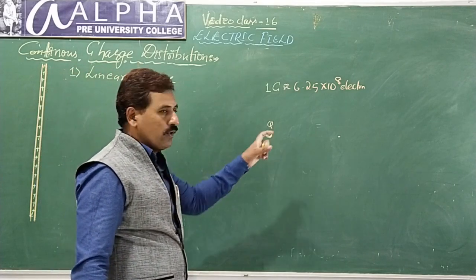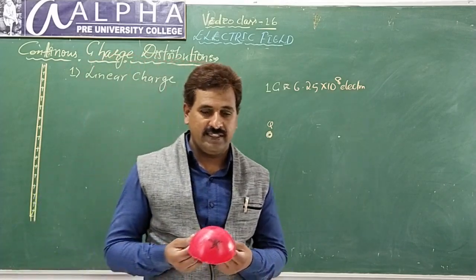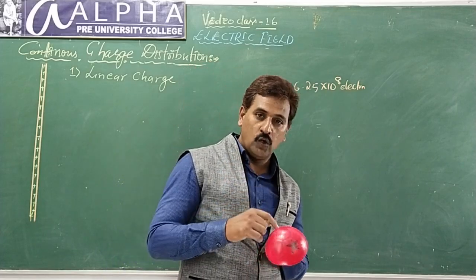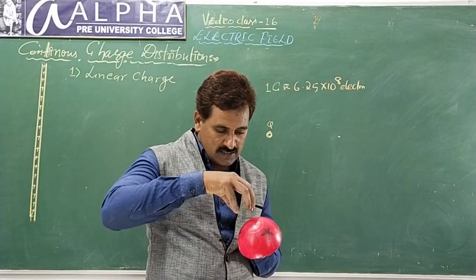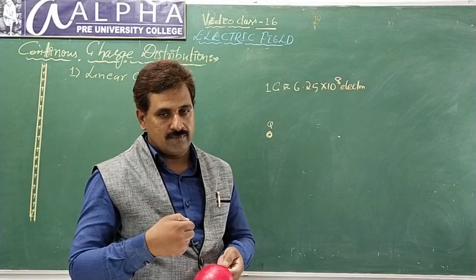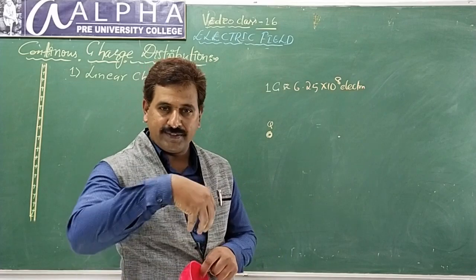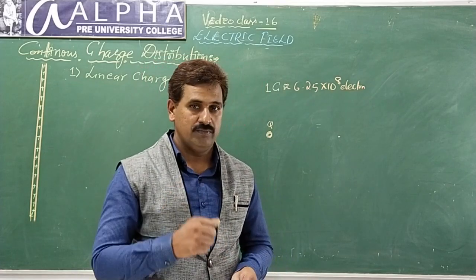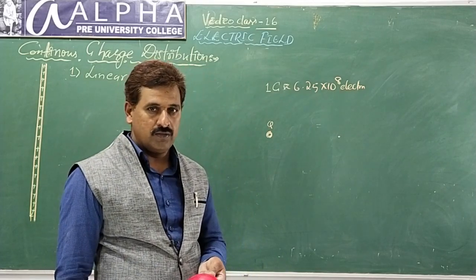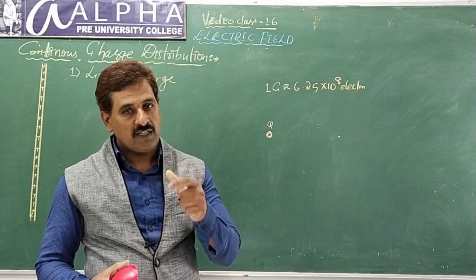If you put the same 1 Coulomb charge on the surface of a conductor, say a spherical metal ball, the conductor allows charges to flow. So the charges distribute themselves on the surface. When you comb hair using a plastic comb, it is an insulator. Charges may be on the surface or inside the volume. That's why charges may be in the volume. Sometimes we call it volume charge distribution. If they are on the surface, it is called surface charge distribution.